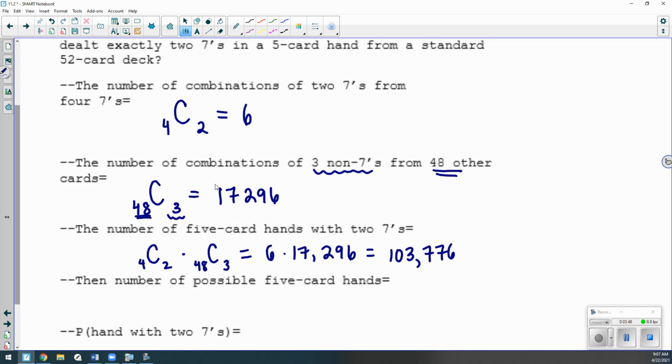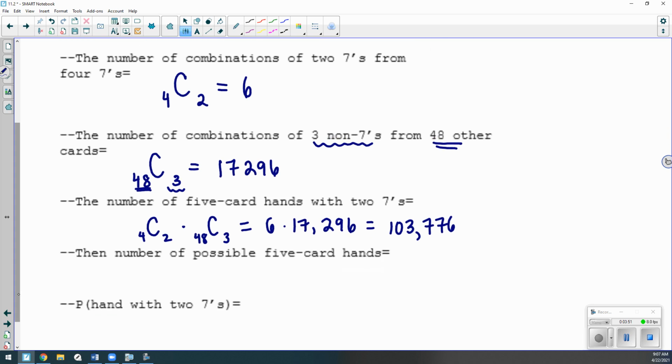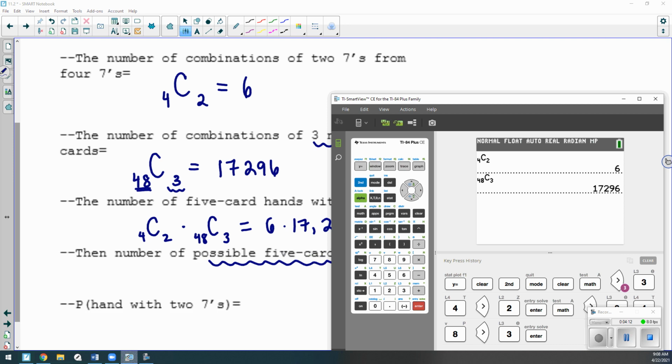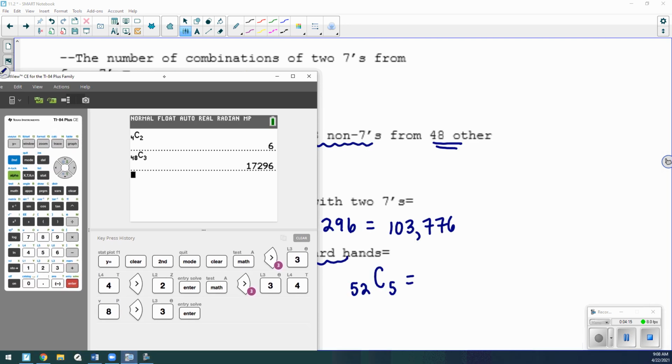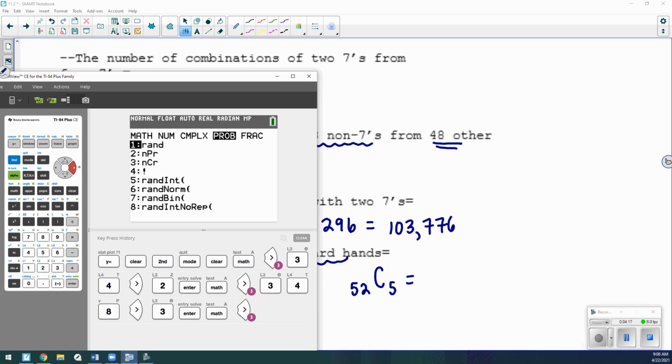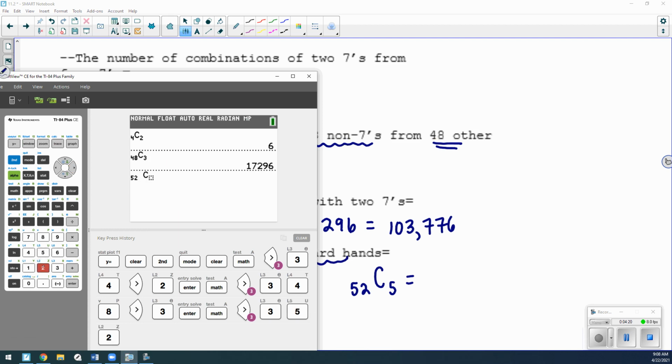All right, so now let's take a look at the number of possible 5-card hands. So now there are no stipulations, like we're not looking for a hand with 2 sevens. So the total number of possible 5-card hands, what do you suppose that combinatoric will look like? Well, we're going to take 52 cards and just choose 5, where the order doesn't matter. Again, math, over to probability, choose number 3, 52 cards, choosing 5. That gives me